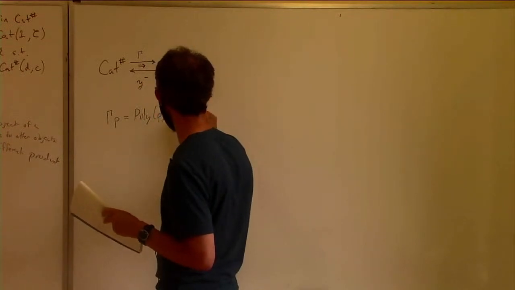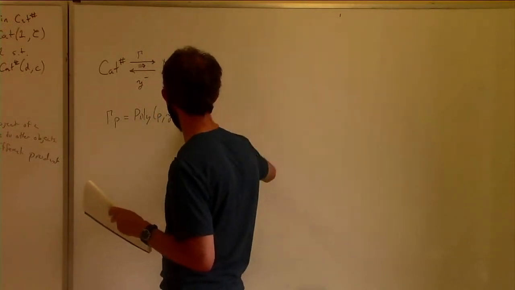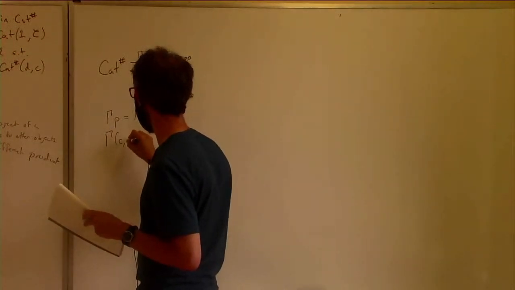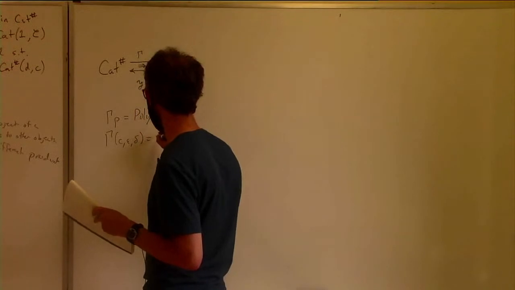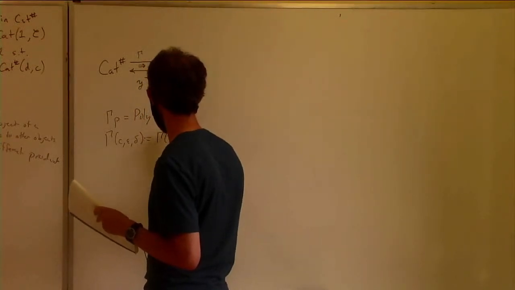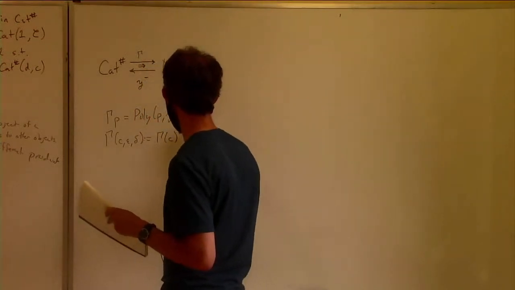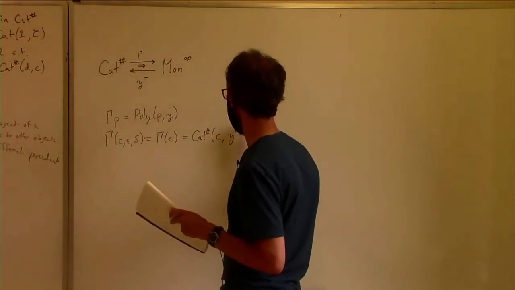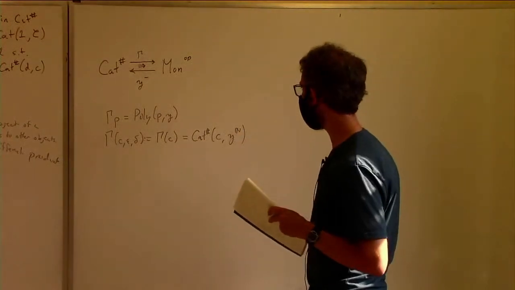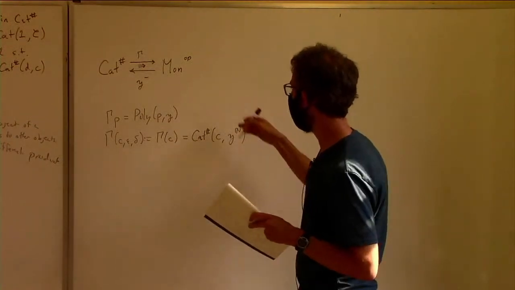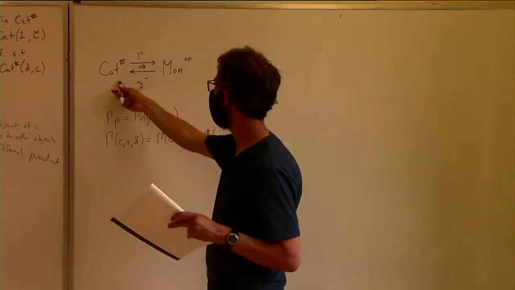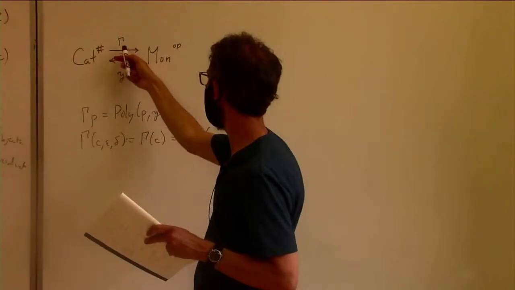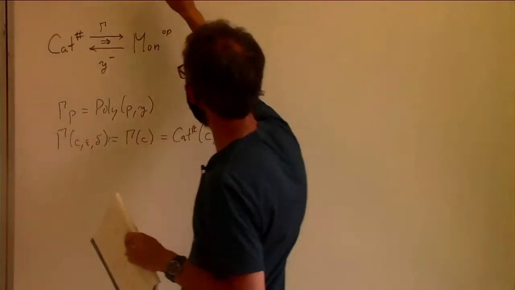It was direction fields. Every position in p gets a direction. And gamma of some (c, epsilon, delta) will be gamma of c, but it's also equal to Cat sharp maps, we said, from c to y to the N. Okay, so you take the free monoid, you push it through here, and you hum into it, and that's gamma. But now Set op